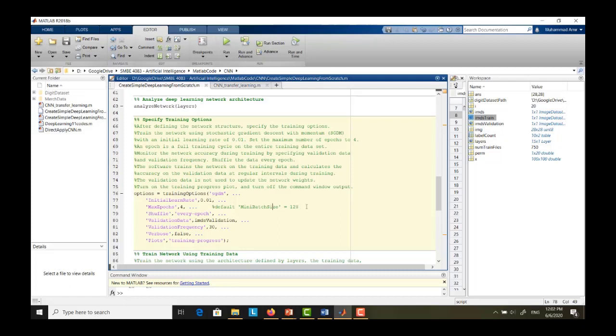From the training data, currently it should be 7,500 samples, we divide it into small batches where the batch size is 128, and then it will use